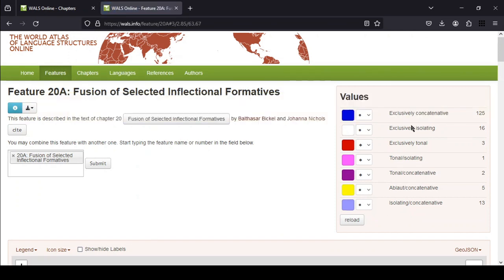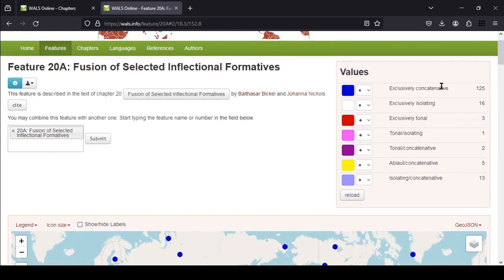Let's look at this map. We can see that the majority of languages are exclusively concatenative. And then a bit more are exclusively isolating. Not a bit more, like this, the second most is either exclusively isolating or a combination of isolating and concatenative. So it seems like the huge majority is